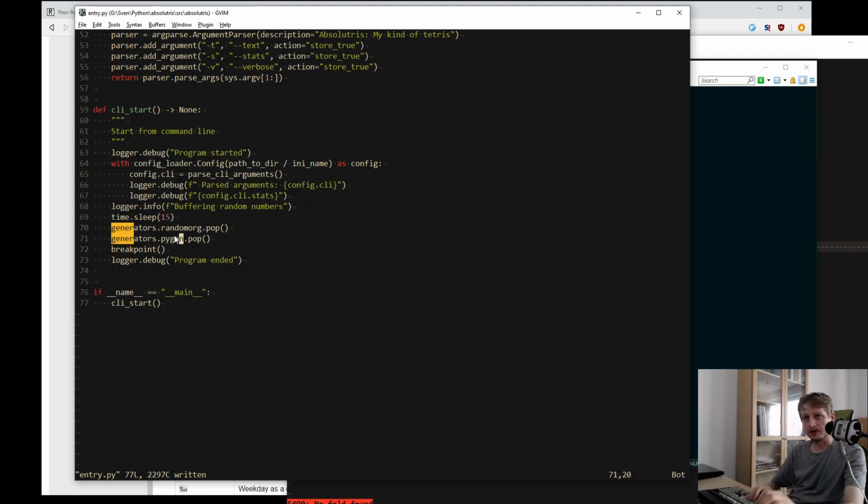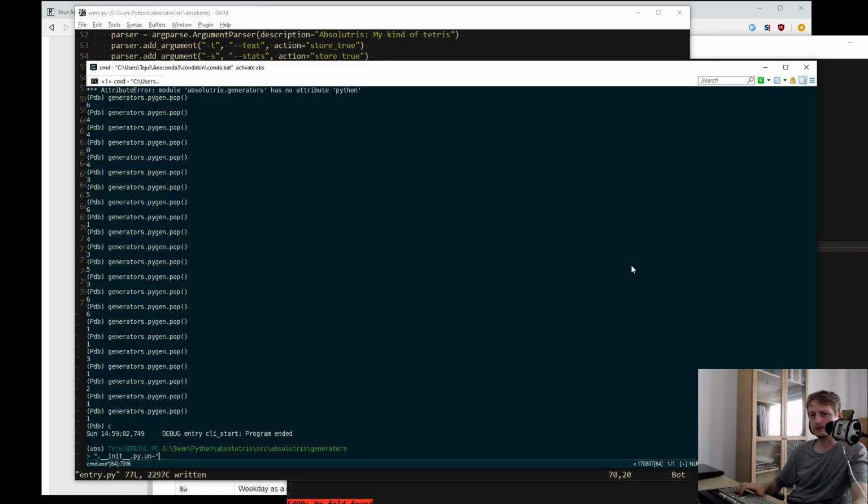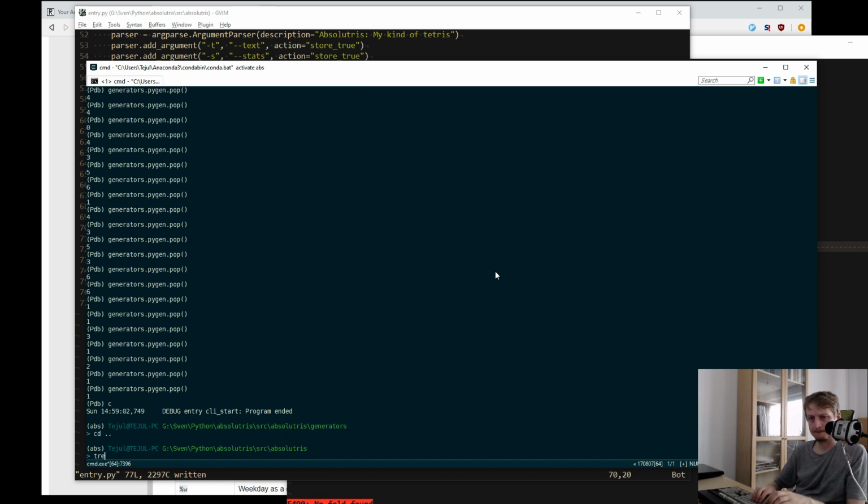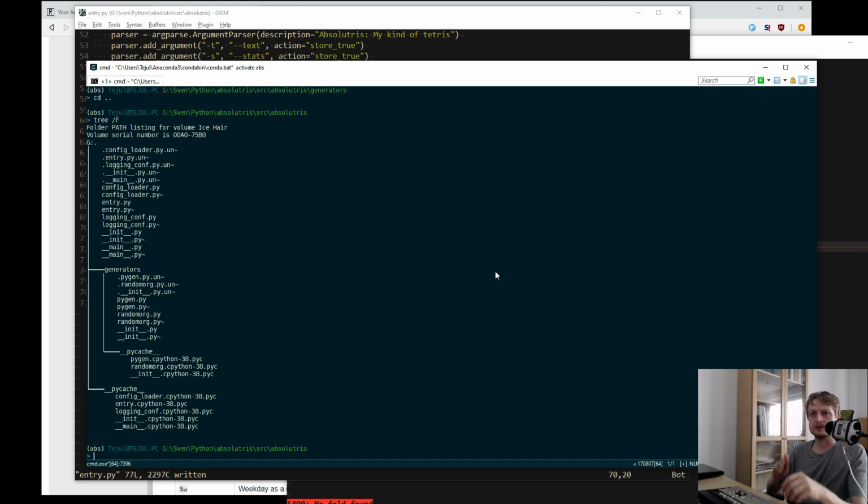You can use whatever random number generator you like, and it doesn't really matter. The random number generators here in my generators module just have to be defined in such a way that they have a pop function to pop a number.